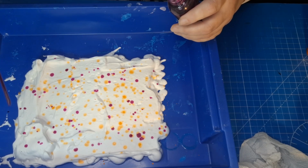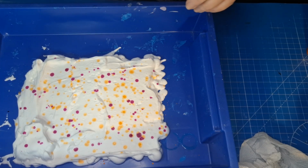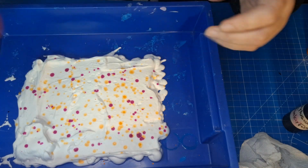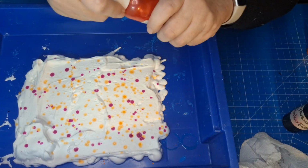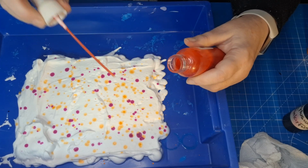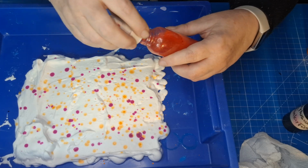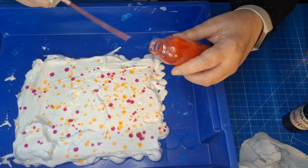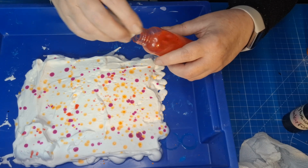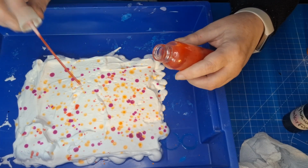And you can come back and add more. Not so easy to take away, but you can add more, and you can do it over and over. You use the same shaving foam lots, and you get all sorts of different effects. So this is the sort of reddy pink one which I want to use, and I'm going to use more of this one, I think, because I want the sort of red-ish look. So just keep